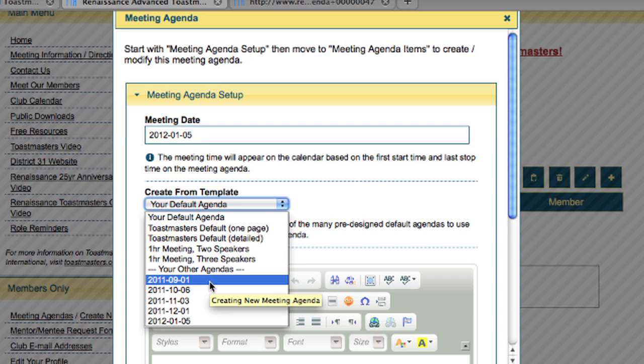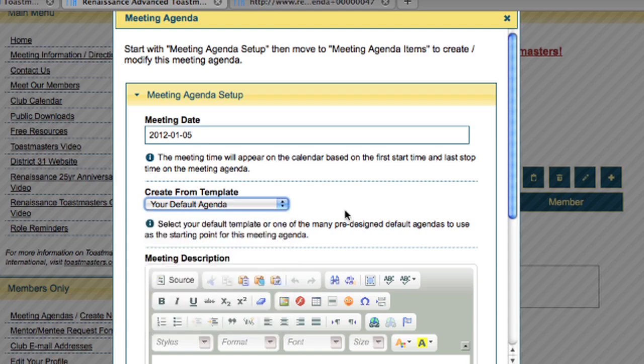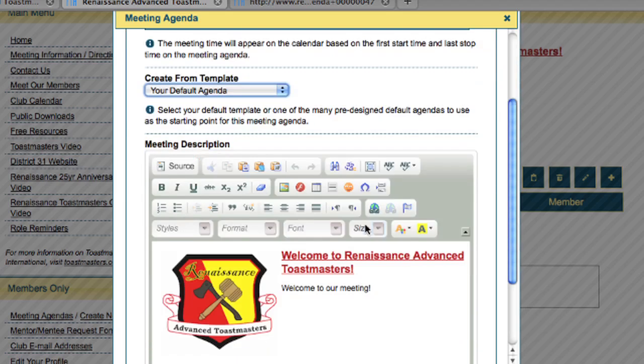Now this is great if we've taken the time and created a custom agenda for a contest or a special distinguished speaker that comes to visit, and the meeting might be a little bit different. We could find that meeting and just copy that one. But for this one, I'm just going to choose our default agenda. And in the meeting description,